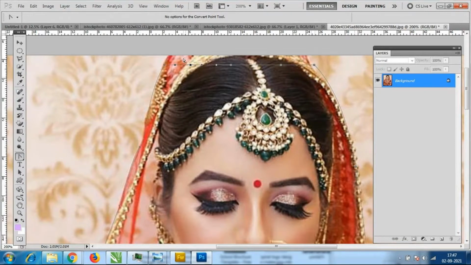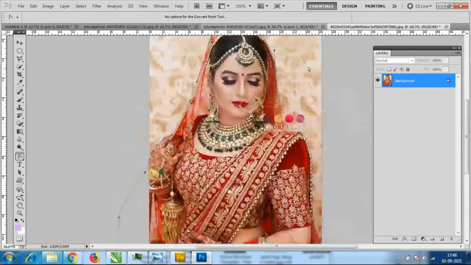So I'll press Control and I just move it little up. Control and left click and I'll move it little up. Anybody who wants to see some more time the videos and all, you can watch it and you can understand. Like if you watch the 2-3 times videos, you'll understand it. Okay, so little difficult tool.